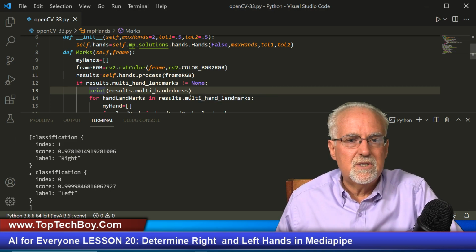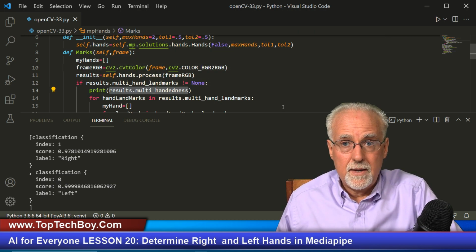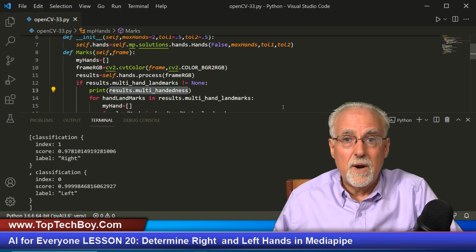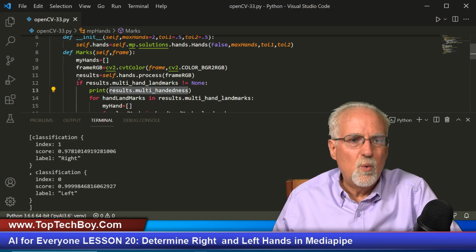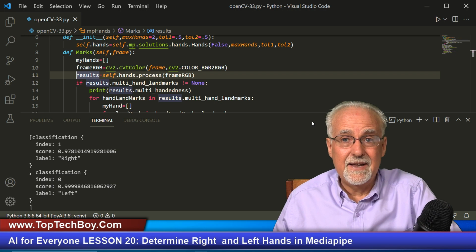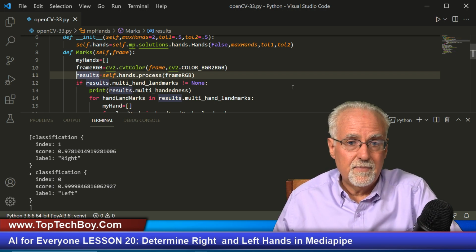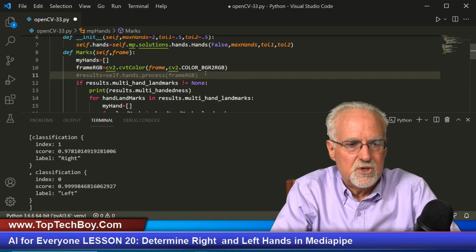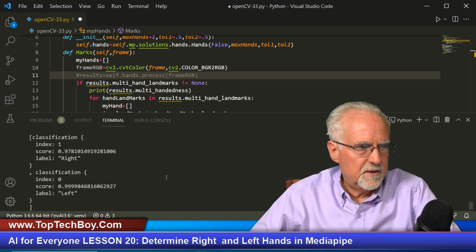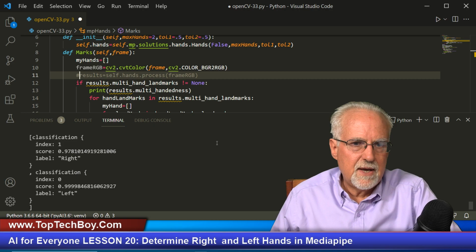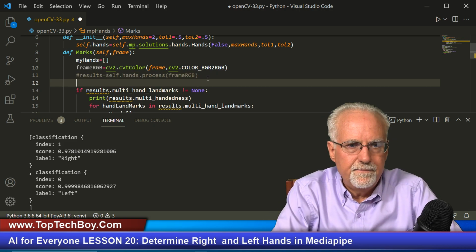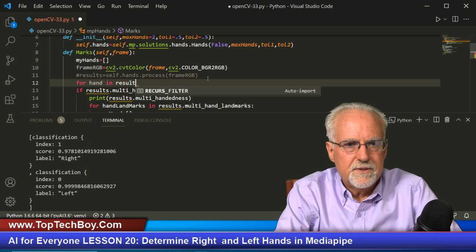And so this data structure, results.multi-handedness, is an array, and that array includes an array for one hand and an array for the other hand. Okay, does that make sense? And so what we probably should do is, we could sort of see that it's an array of hands data. And so what that means is we are probably going to need to step through it. So what I'm going to do is I'm going to come down and I'm going to just step through it. So I'm going to say for hand in results